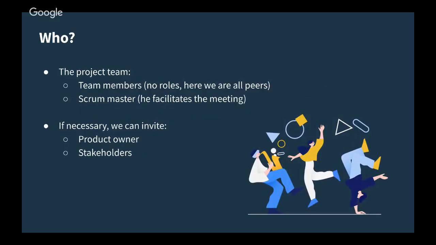So who should be present? The project team and the Scrum Master always. And please note that the team in these meetings doesn't have roles. So we are all peers, and everyone's opinion is the same. And if necessary, we could also invite the product owner and some other stakeholders of the project, depending on what we want to discuss. There are times, and let me go a little forward,